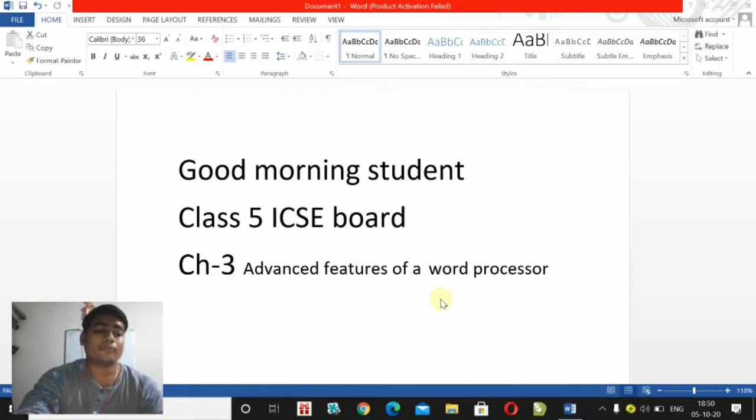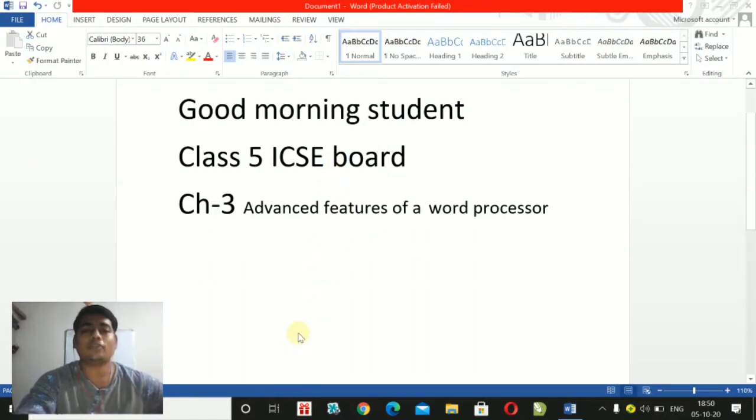Font effects are used to change the effect of looking of your words. For example, these Advanced Features of a Word Processor are written in small letters and this one is in a bigger one. This system we can use to differentiate between two words. Okay, in font effect there are different font effects that can be applied, including strike through, subscript and superscript. Three types of font effects we have: